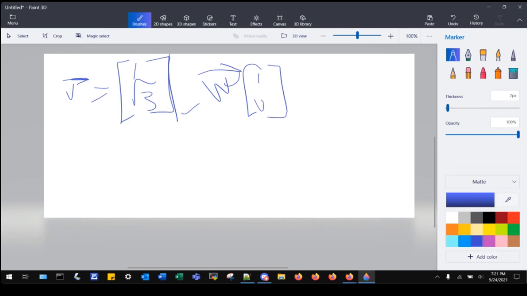The way we solve this is v dot w equals the magnitudes times the cosine of the angle, which is